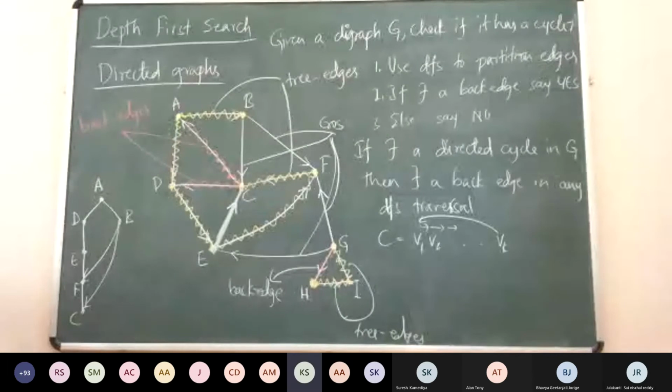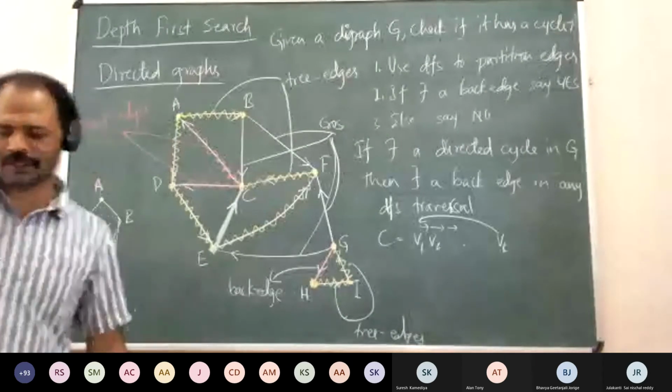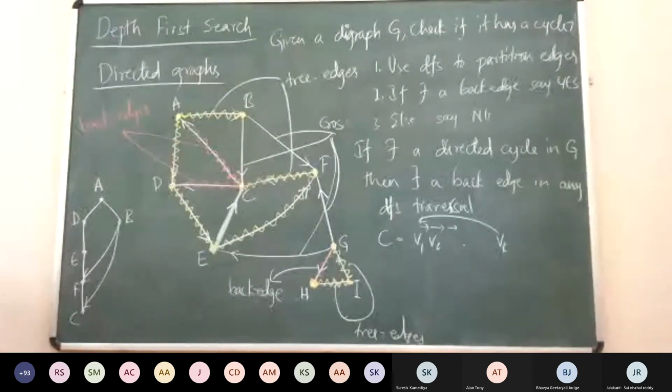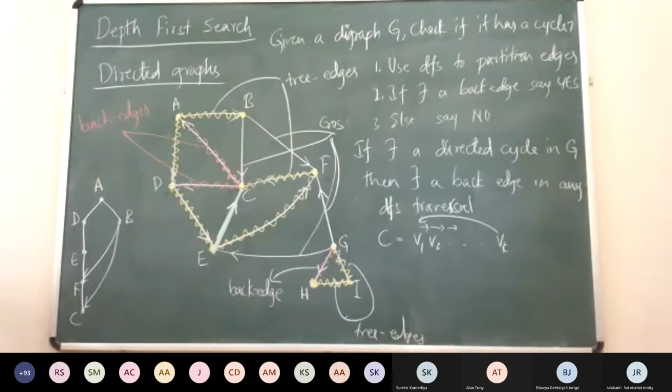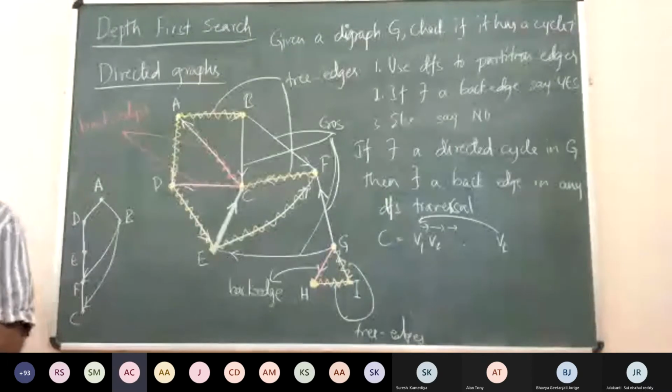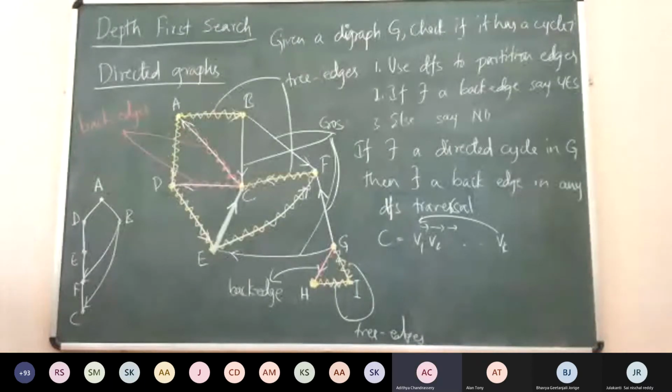But once there is no back edge, how do we say that there is no cycle? Or in other words, suppose there is a cycle in the graph, how do we say that there should definitely exist a back edge? So a back edge is always from a descendant to an ancestor, right? So for that, we should get this ancestor-descendant relationship, right? So can we take the previous proof?